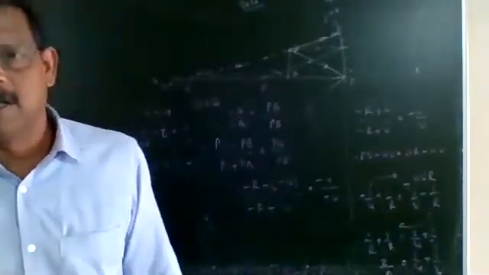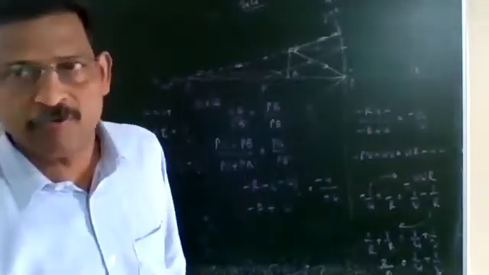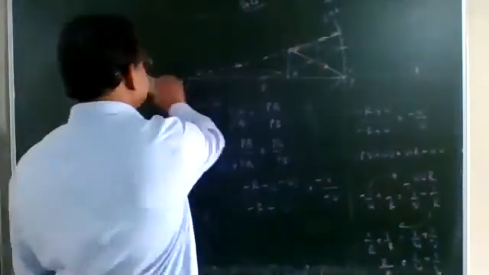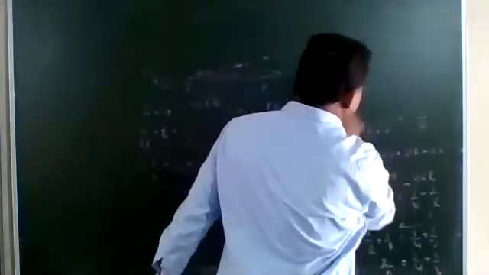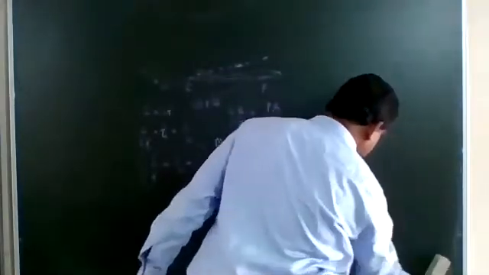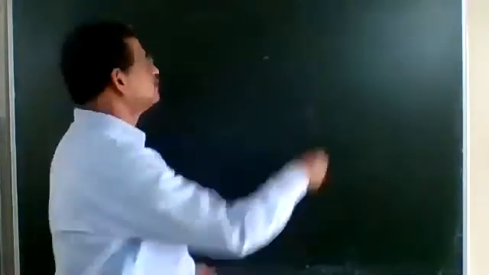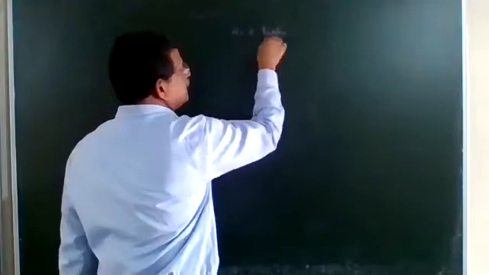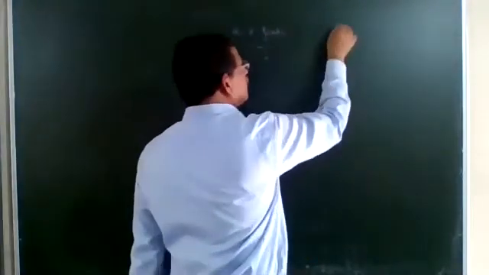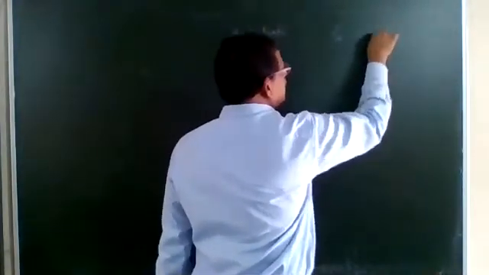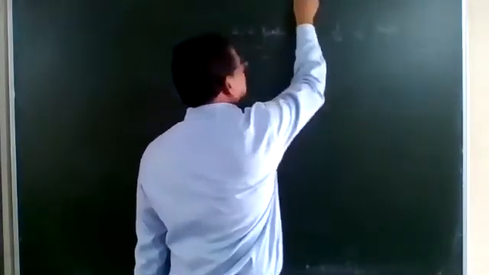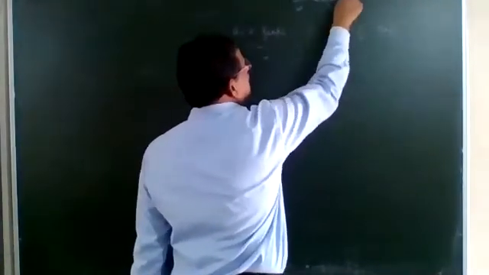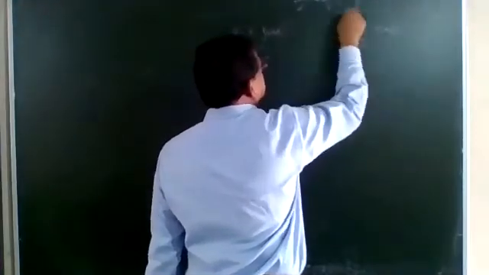So what is the nature of the graph we are going to plot, and this is an important one for your practical examination. Graph between U and V, and graph between 1 by U and 1 by V. First is UV graph. Second is 1 by U, 1 by V graph. For the mirror, equation is 1 by U plus 1 by V is equal to 1 by F.